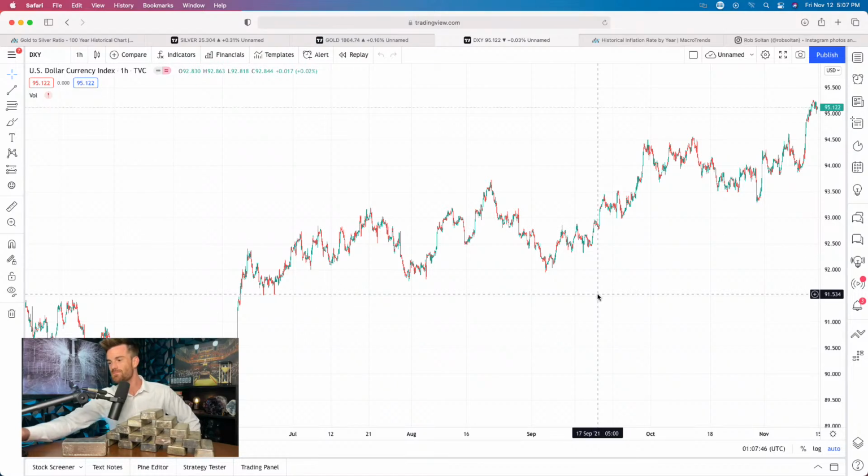You see, here's the thing. Let me go back to this screen. If the dollar was weak right now, I would still be bullish on assets. I would still be bullish on silver. I'd still be bullish on Bitcoin because I think that they're way undervalued at these prices. But the fact is the dollar index is way too high right now, which means it's a double whammy. It's a win-win for silver and for Bitcoin and all these safe haven assets, because there's a ton of dollars out there that is all hot potato money that is waiting to get thrown into safe haven assets.